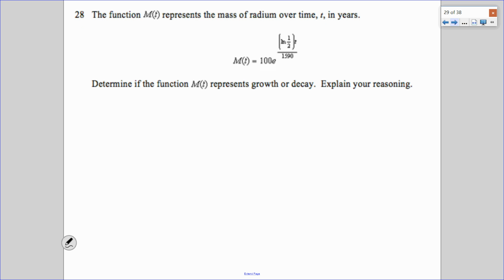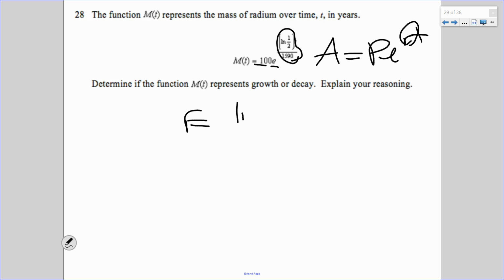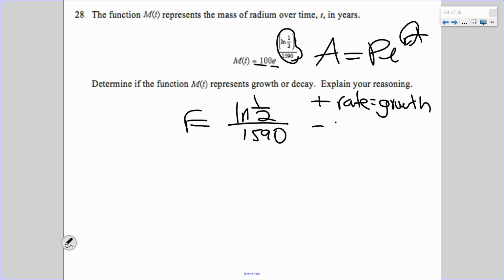It gives you a function. I see a value in front, I see an e, I see an exponent. This is a variation of the exponential curve. The rate is what's in front of the t. So the rate is this: ln of 1/2 over 1590. If it wants to know if it's growth or decay, if this is a positive rate, then it's growth. If it's a negative rate,